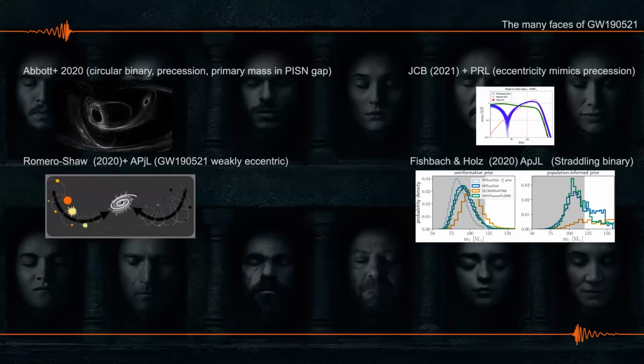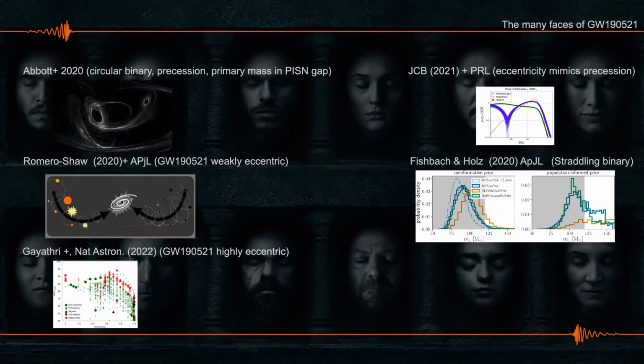Also, there have been reanalyses of what happens if we choose a prior on our masses that actually removes the pair-instability supernova gap. You can obtain some result that tells you, well, you may not be populating the pair-instability supernova gap, but I would not give it too much weight. The problem is that you may choose whatever priors you want, but you also need to fit the data. And these people are not able to fit the data.